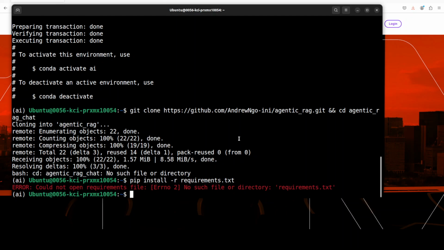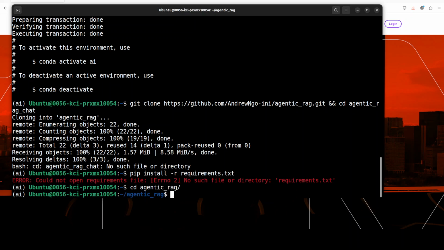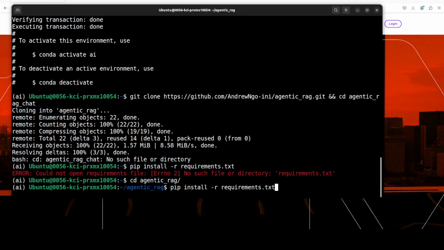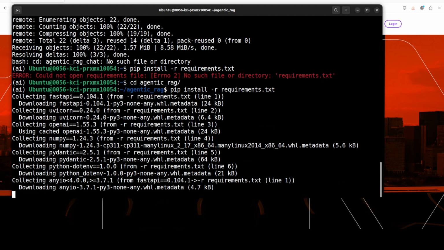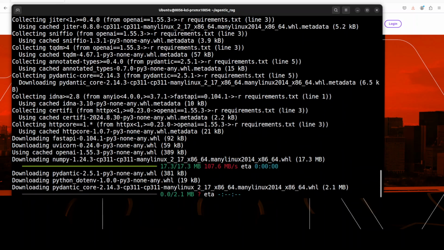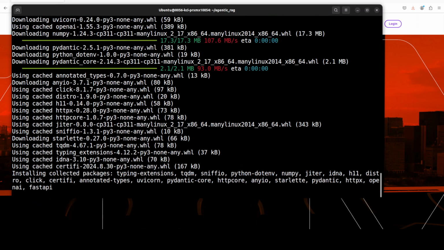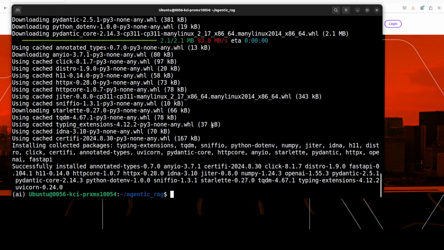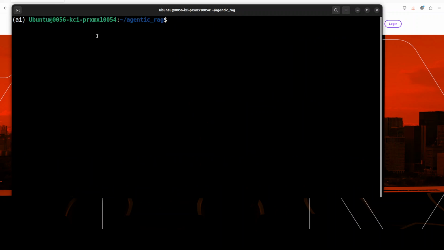Okay, so it seems that it's not there. Okay, I think I didn't actually go into that. Now let's run it. Okay, so let's wait for these things to get installed. It installs a few things. As I mentioned, you can see that it is installing FastAPI, that sort of stuff. That is all done, which is quite good. And then if you do